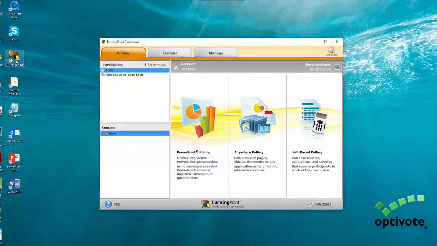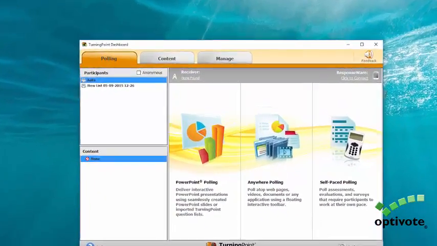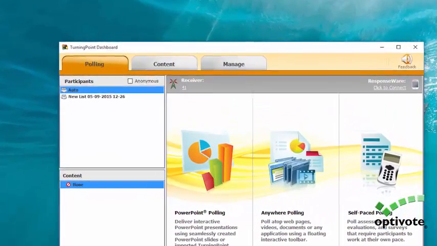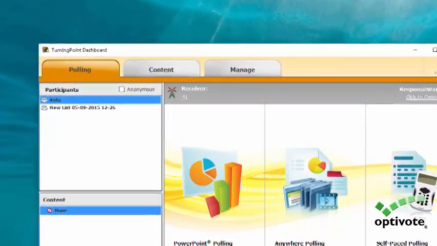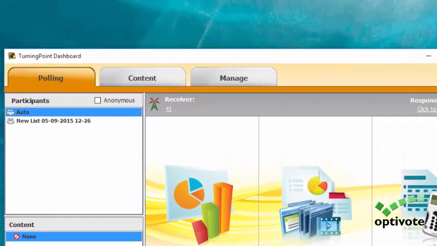We'll open TurningPoint and now we can verify the connection. In a live situation, this should show channel 41. If you're renting from OptiVote, then the handsets and receiver unit will already be set to channel 41, so you can ignore this option. If you're practicing, you can ignore this step 2 and set up the simulated polling at